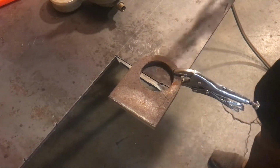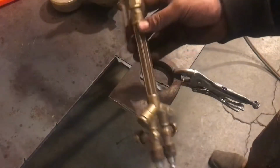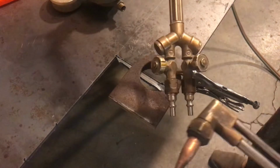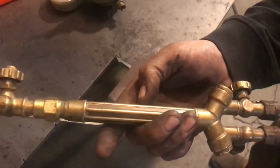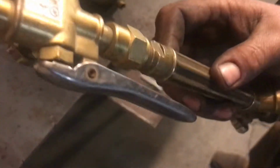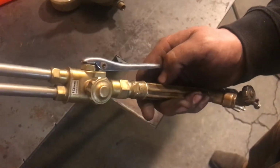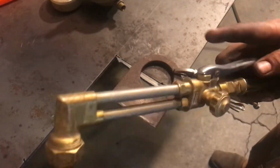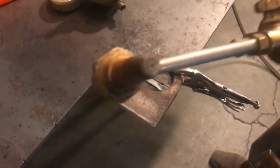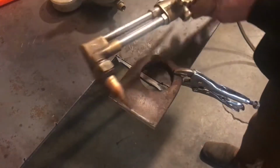So I got a used oxyacetylene setup the other day, and put my quick connects on the end of it. Near as I can tell, this is a Victor valve body on here, but it looks like probably just a Harbor Freight or something cutting attachment on the end of it. But hopefully you can see here